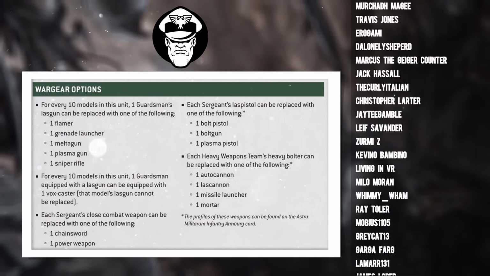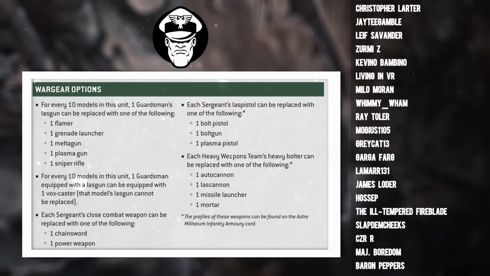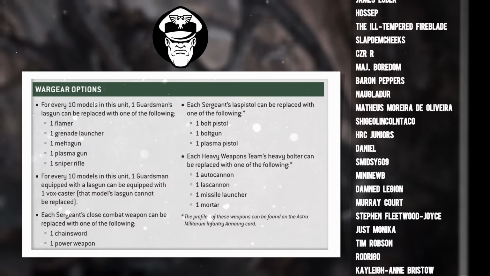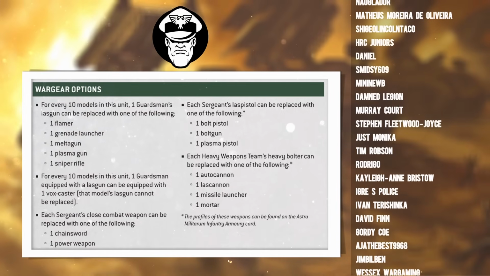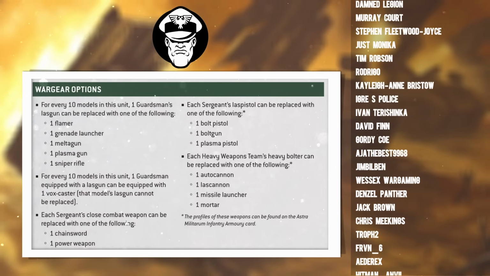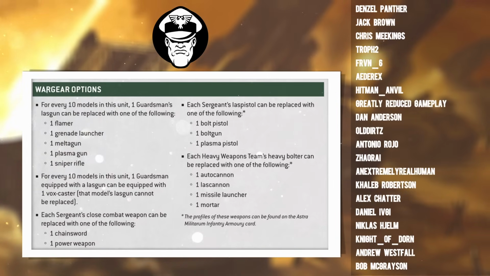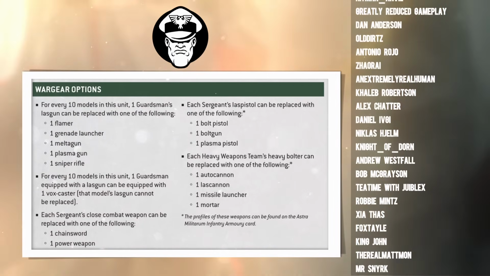You could go for a bolt pistol, but if you're going to pick a bolt pistol, you might as well go for a bolt gun. This gives your sergeant some long-range daggers, similar to if you were going for an auto gun on your Cadian squads. But honestly, out of all the weapons you can take, you might as well go for the power sword